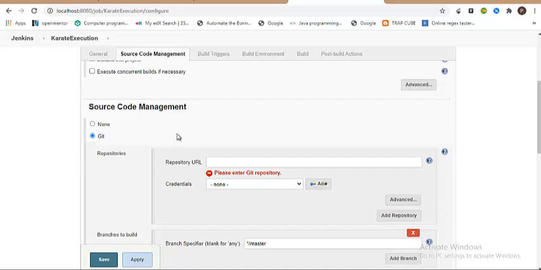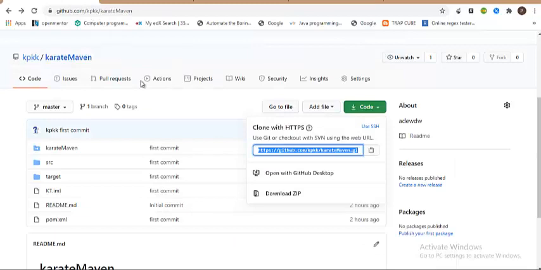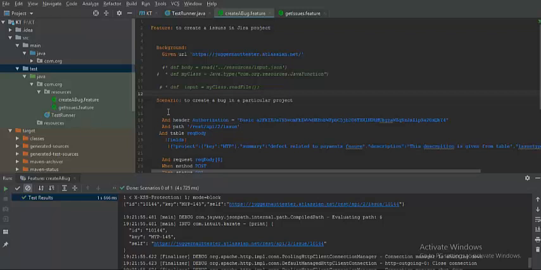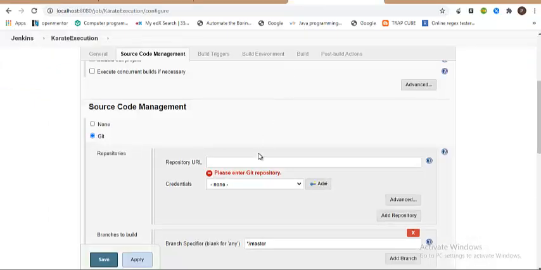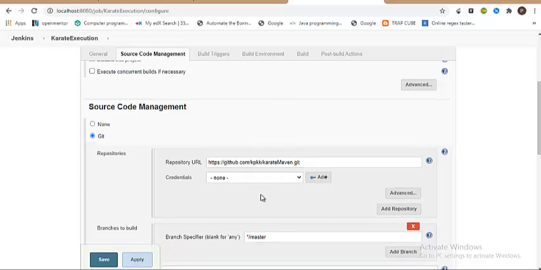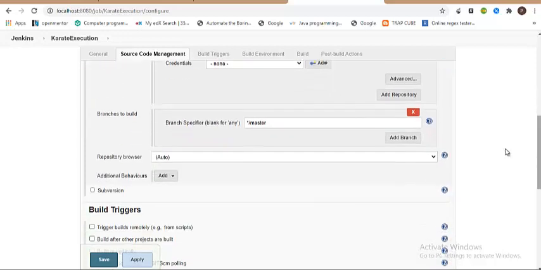In order to configure this, you should have your code base available in Git, guys. So you create a repository, and whatever code I have in this particular project, I have just pushed to my personal GitHub repository. Maybe I would just leave the commands that I used to push the code in the description of this video. For now, I'm only concentrating on configuring the Jenkins job. So I have already pushed my code to GitHub. From GitHub, I am asking Jenkins to pick the code base, and it is not private, so it is public and it can easily access it, and I'm asking it to pick from the master branch because I do not have any other branches.